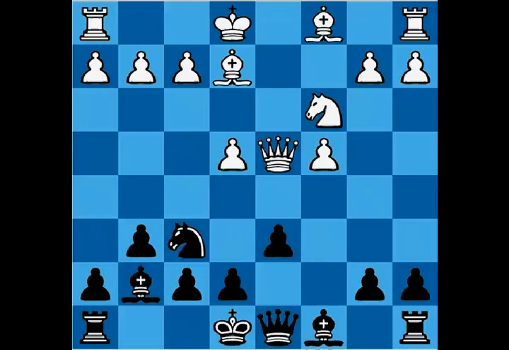Queen normally should go to d2. It's a little more developed square, and not right away after developing the dark square bishop. That's the better way to do. Well, queen d1 was played, castle,